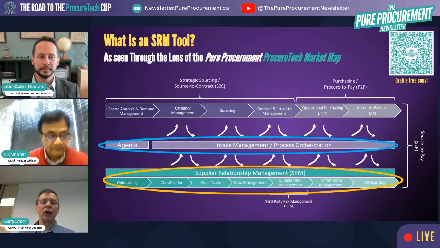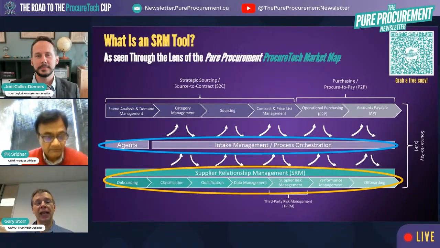Yeah, Joel, you're bang on. Intake management, process orchestration, these are imperatives today. Organizations can't operate without them. Gone are the days where you can ignore this, or do this via spreadsheets and emails. This has to be part of your maturation process as you move into an SRM tool, is to have that